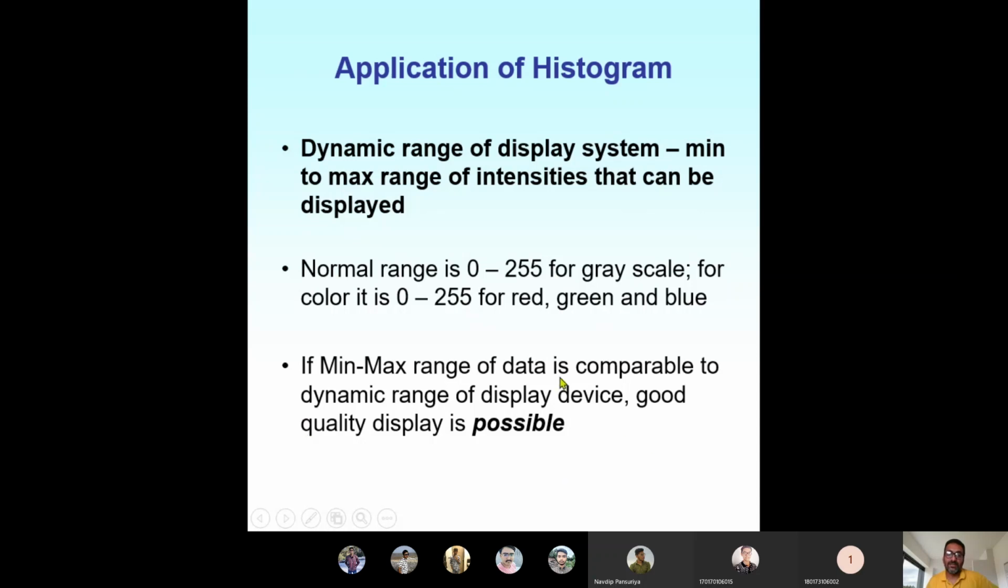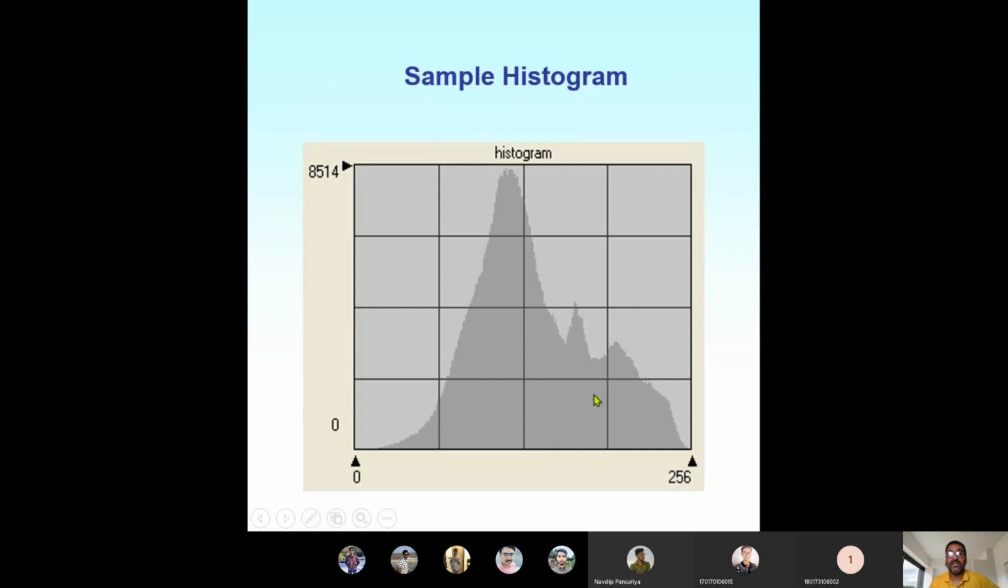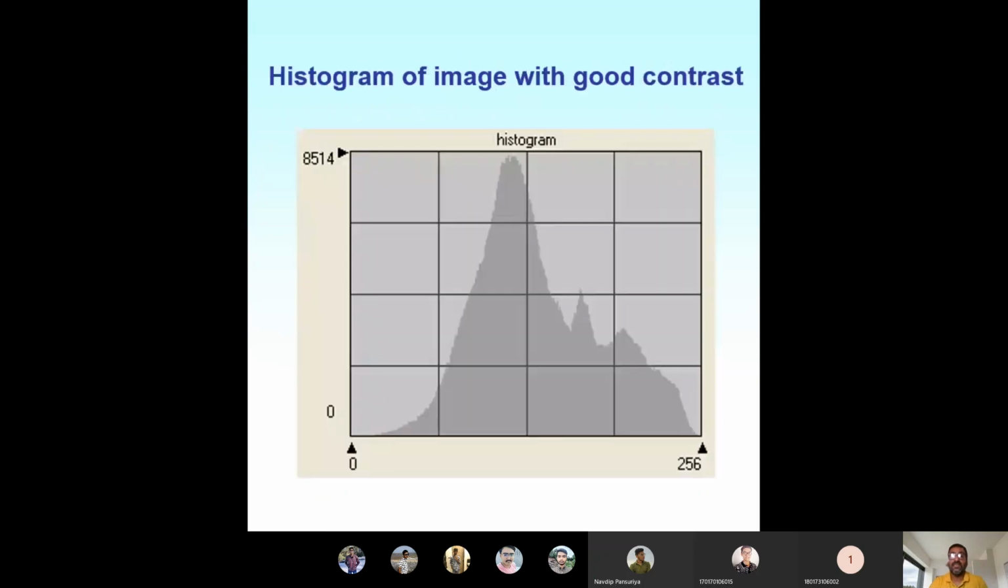The last statement is important in understanding the histogram: if the minimum maximum range of data is comparable to the dynamic range of the display device, which is the hardware, good quality display is possible. If it is comparable, then the display would be clearer compared to an image